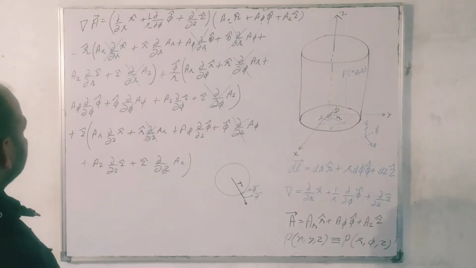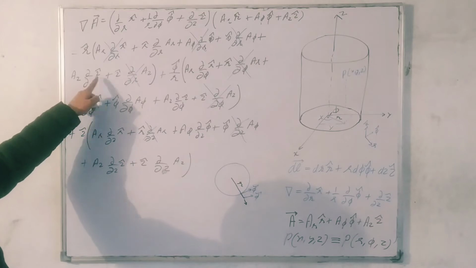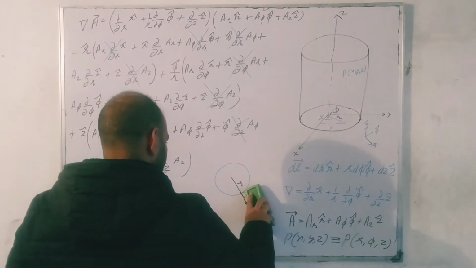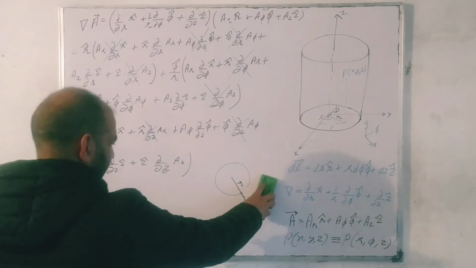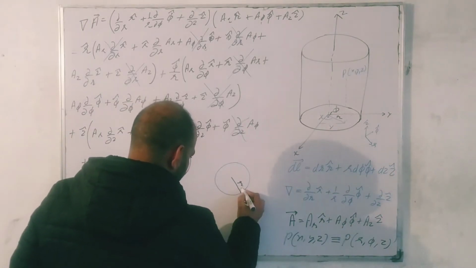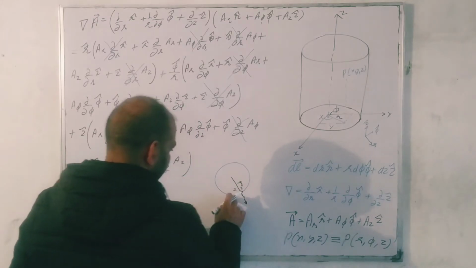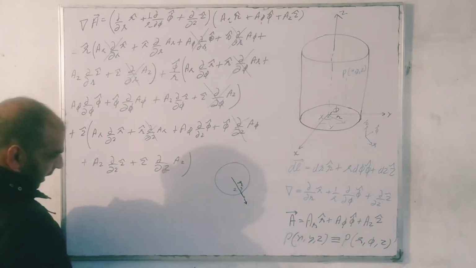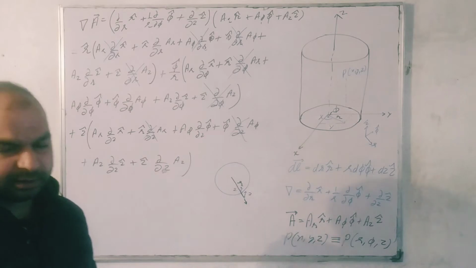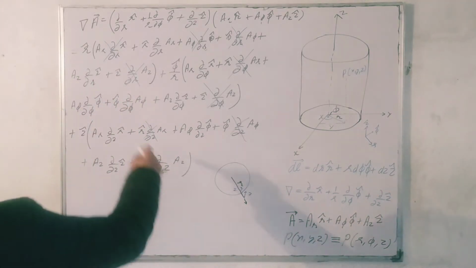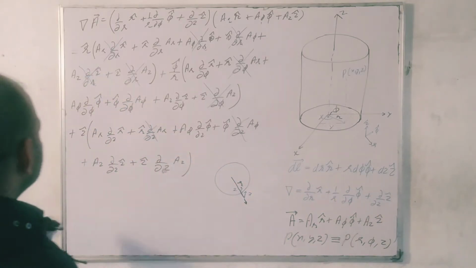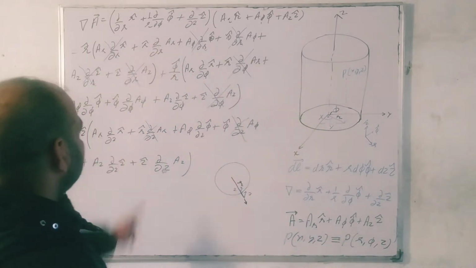Next, this is the change in Z cap with change in R. What is happening to Z cap, the unit vector along Z, when we change R? At this point Z cap is in this direction, perpendicular to this circular ring. When we change R from here to here, Z cap is going to be in the same direction. So it also does not change, and this particular term is going to be 0. So in this first bracket only this term is going to survive.